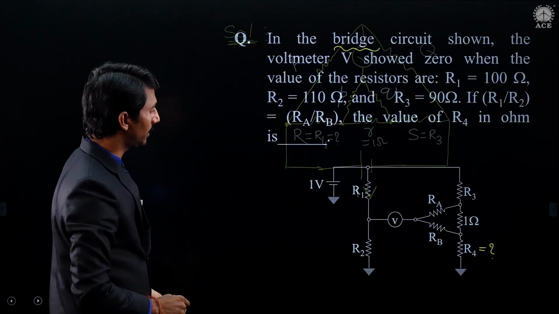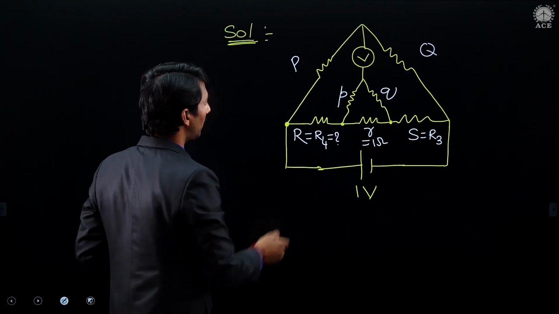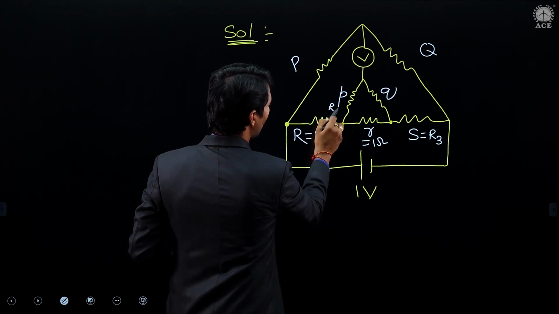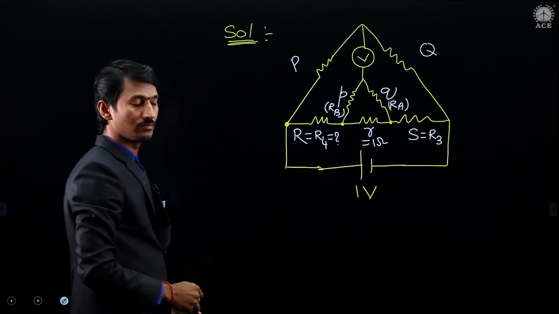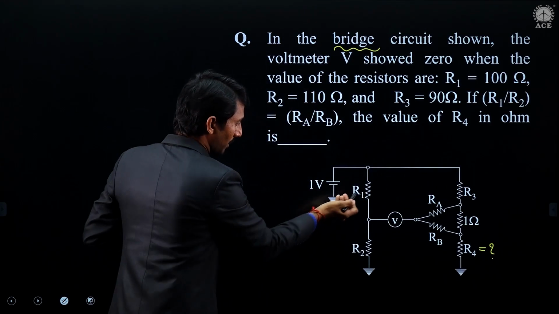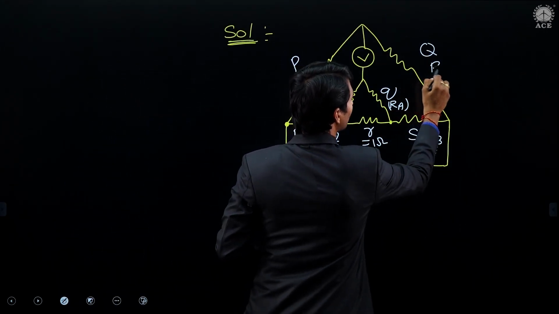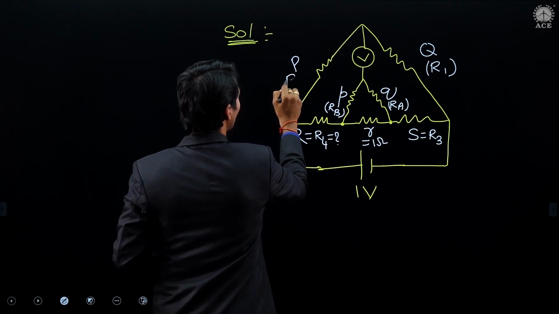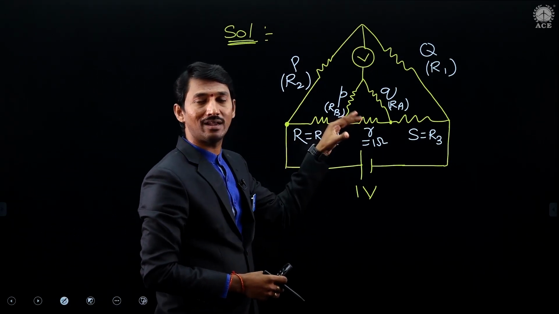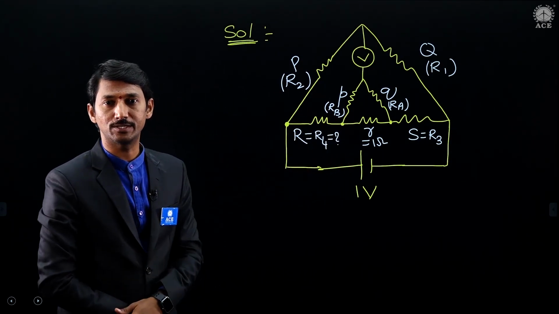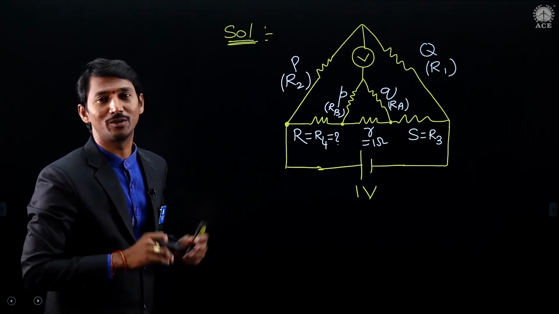After that, these two internal branches are RB and RA. This is given as RB. This is given as RA. Just rotate like this. After that, this is R1 and this is R2. This is given as R1 in the question. This is given as R2. Only to confuse you, to kill the time, the circuit pattern and the given terminology are in a different fashion. If you observe this, simply our structure is the Kelvin double bridge circuit only.